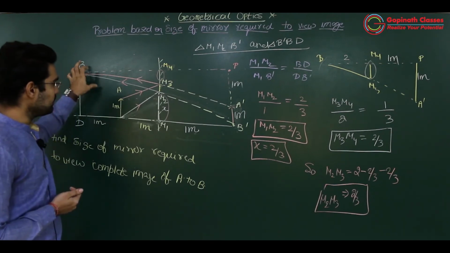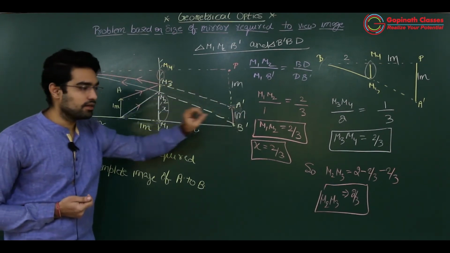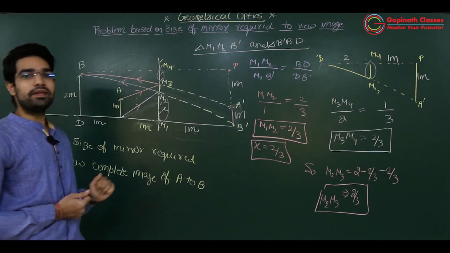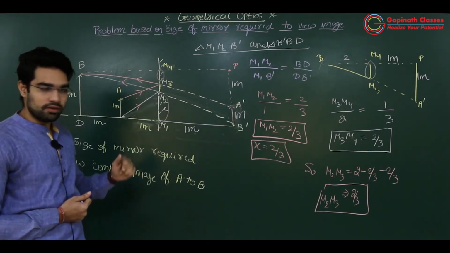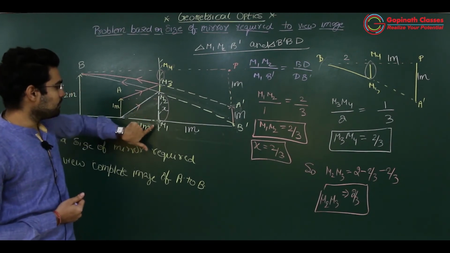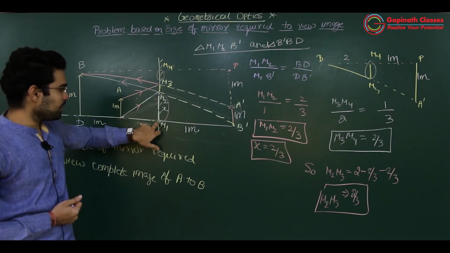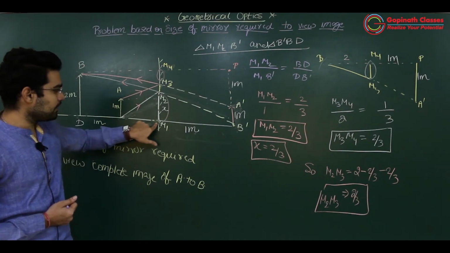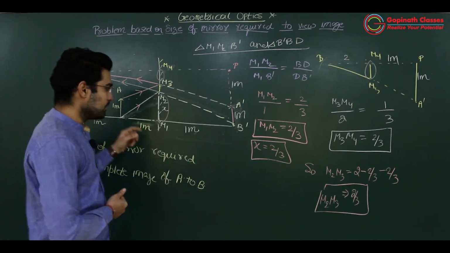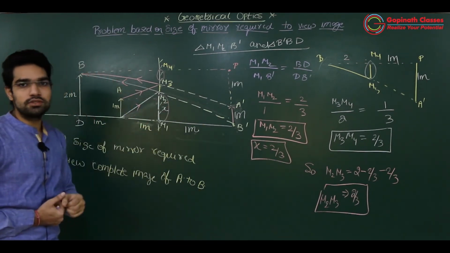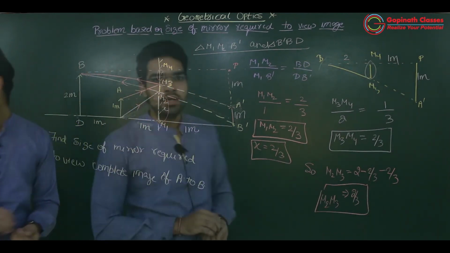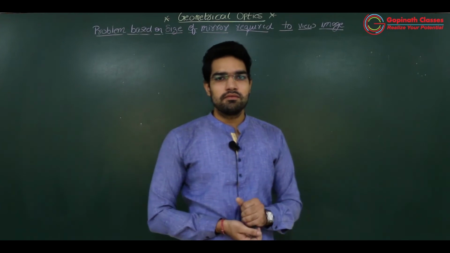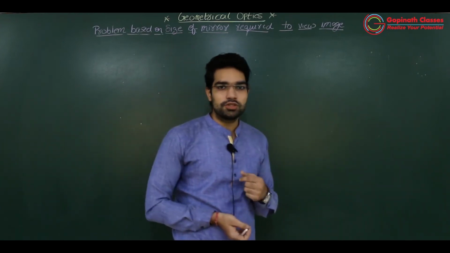दिखाई देना चाहिए. Fine. Then we just retrace the ray back and we know the property of plane mirror that height of object is same as height of image, and distance of object from plane mirror and image are equal. So उसी property को use करके and we have used properties of similar triangles and we have done this thing. Now we are going to discuss one more problem associated with this question only.